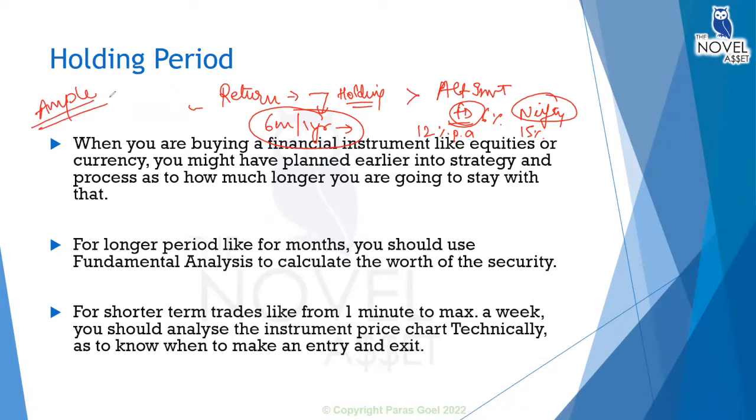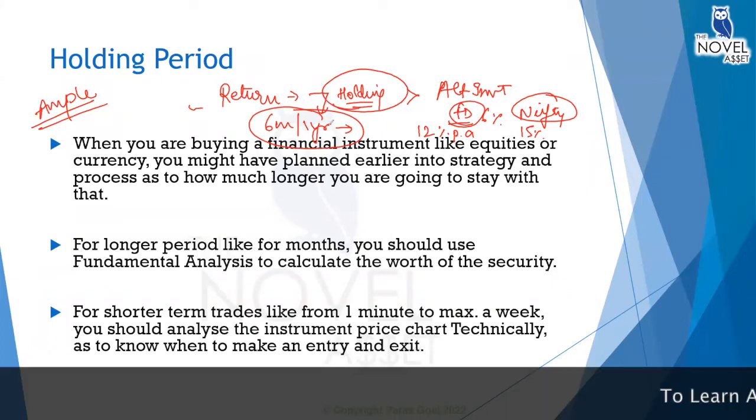Ample opportunities. Okay, there is gold, there is silver, there are so many precious metals, so many precious stones, there is property, right? There is the stock market, there is the forex market, there is the crypto market. There are so many alternatives in this world. But how do you analyze which security to buy? With the help of comparing those returns.